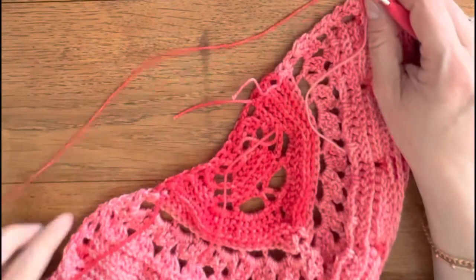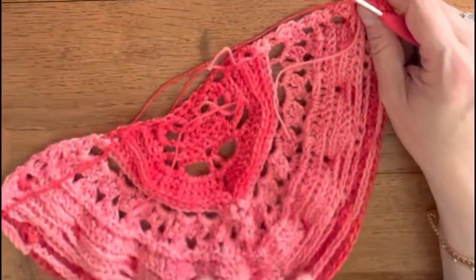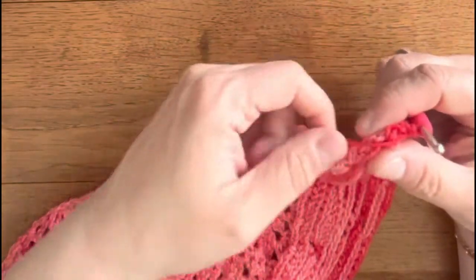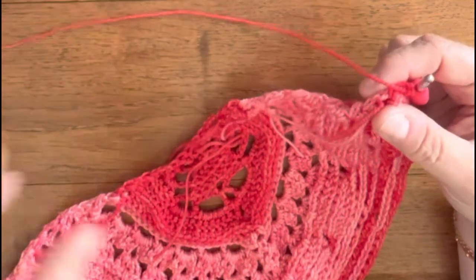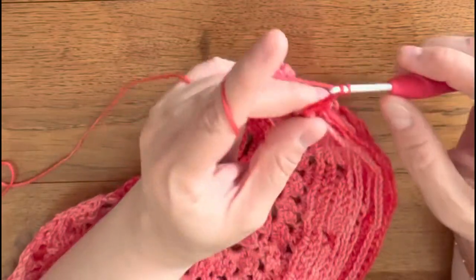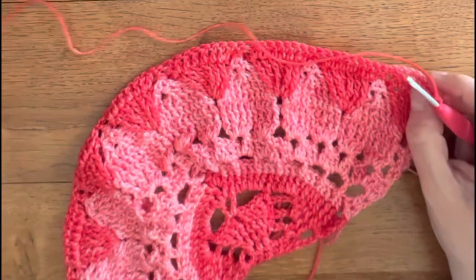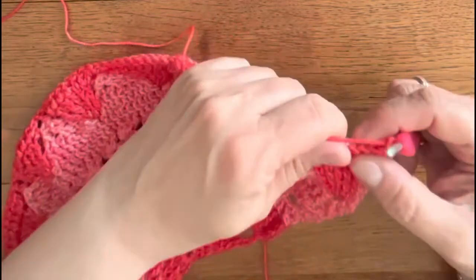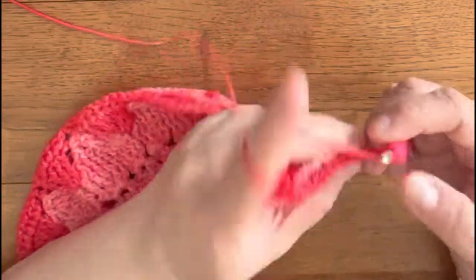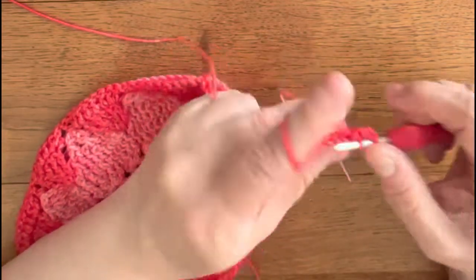Now we're going to make the last round of this part, which is row number 20. So chain 2, flip to the right side. Now we're going to make 8 half double crochets,